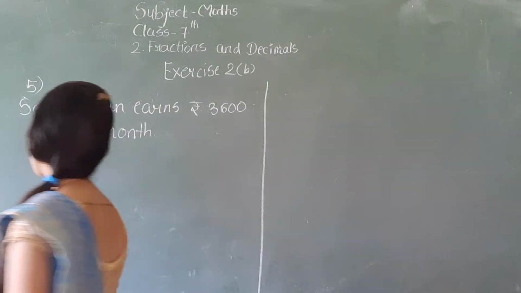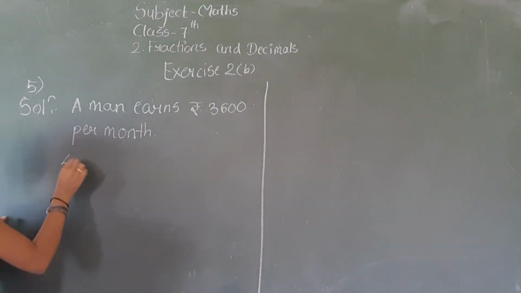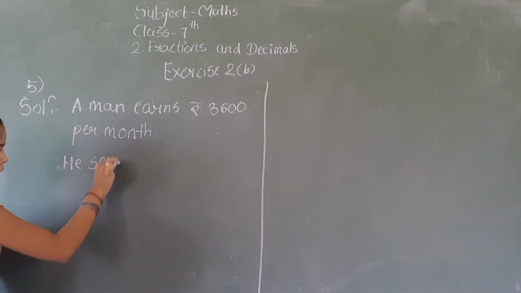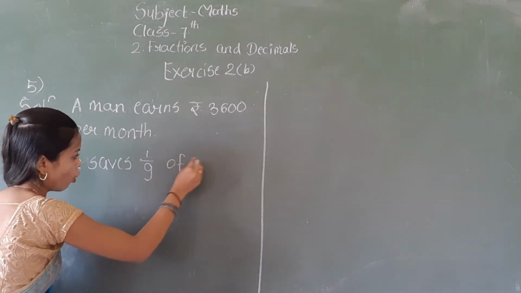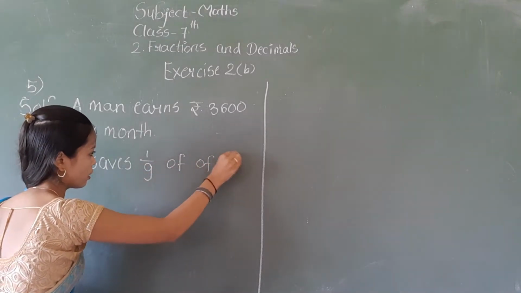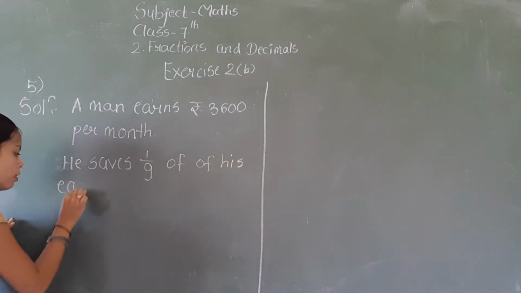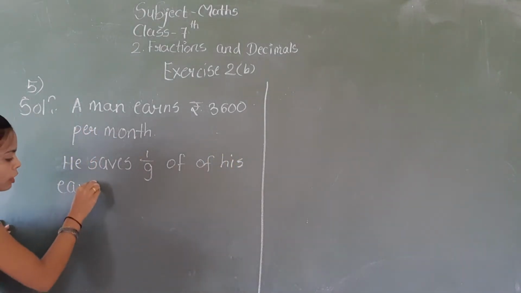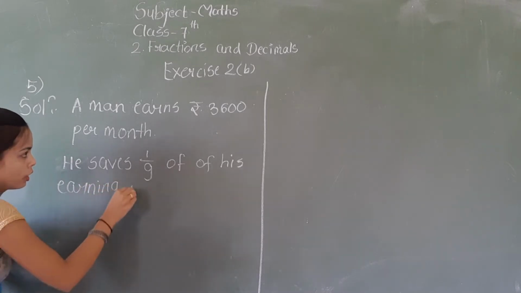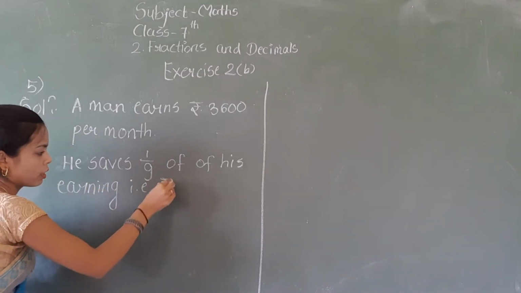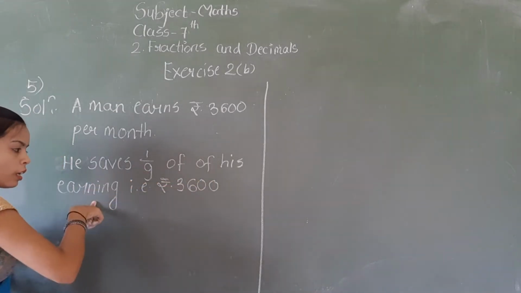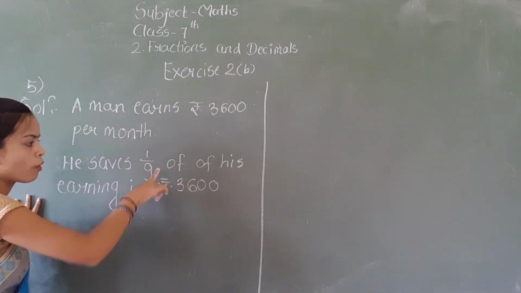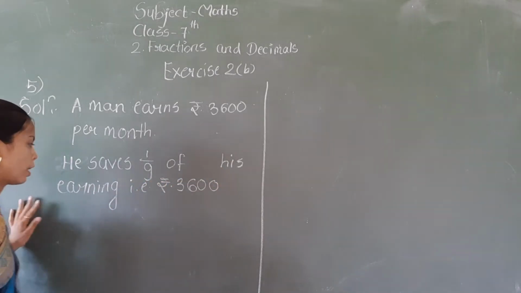So he saves 1/9 of his earning, that is rupees 3600. वो अपने अर्निंग का जो कि 3600 है उसका 1/9 सेव करता है।